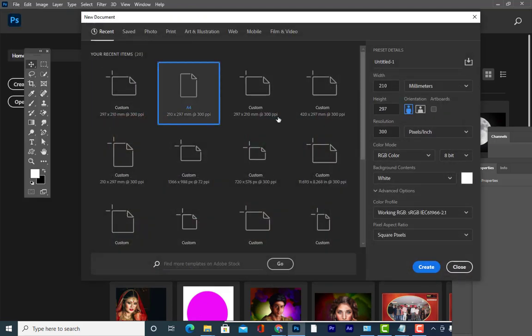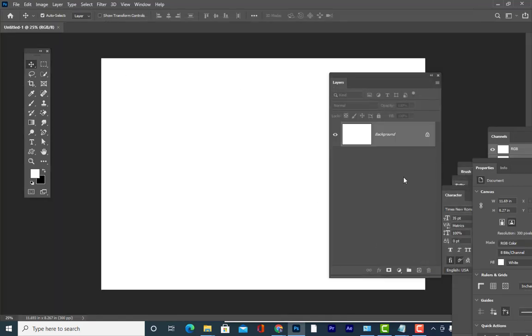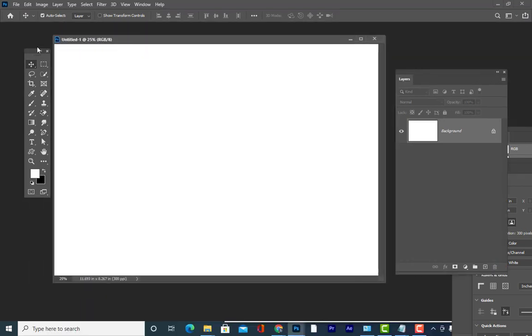So see here, filters are like background effects. There are many things that we can do with filters. We can use them for background effects, background designs, and we can also create artwork with filters.